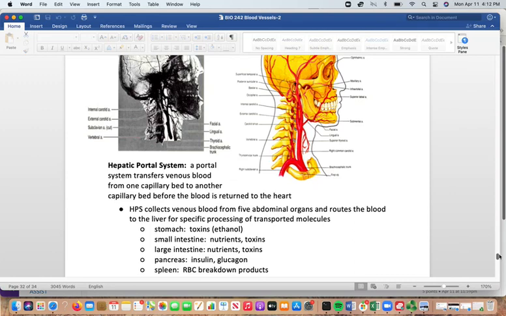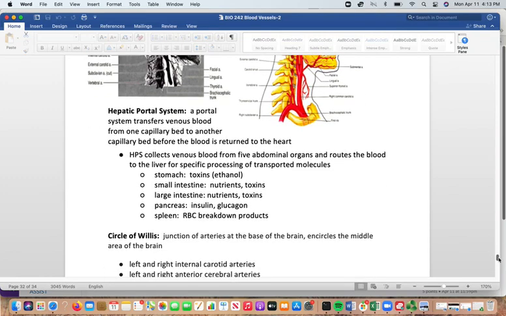So the hepatic portal system is going to collect venous blood from your 5 abdominal organs, and it's going to send it to the liver so that it can process it. This is a good thing. When you take in a toxin, most likely it's going to come in through those abdominal organs. This will allow them to go directly to the liver to get processed rather than spreading throughout the